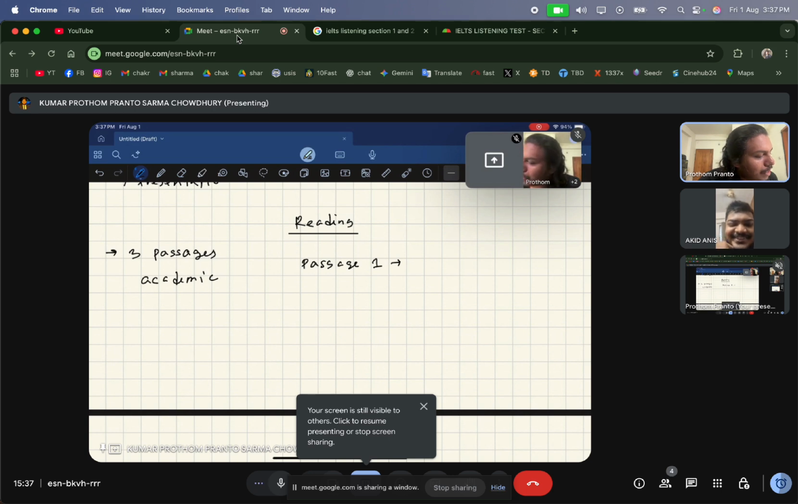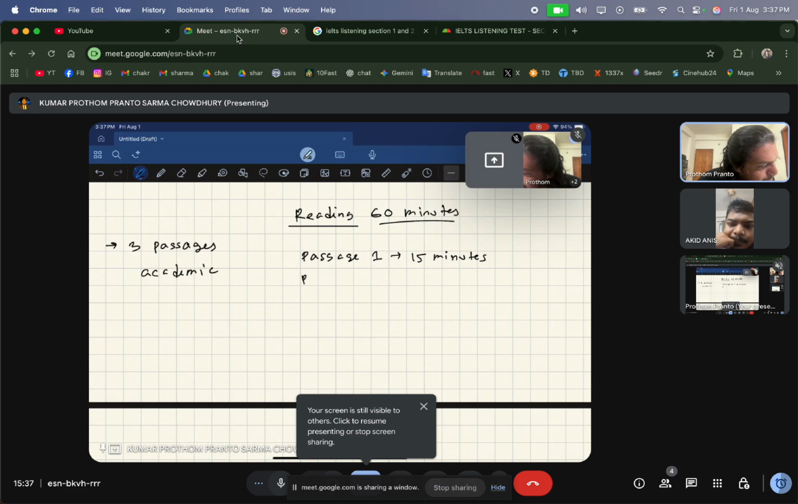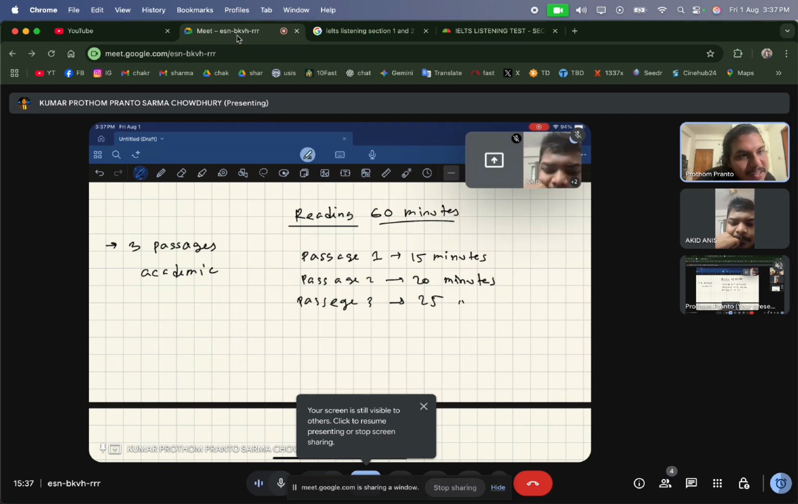Passage one, generally, you are supposed to take 15 minutes for this. So reading is 60 minutes, and listening is 40 minutes. As I said, passage one is supposed to take 15 minutes. Passage two, 20 minutes, and passage 3, 25 minutes. Obviously, you can take 25 minutes for the first one, 20 minutes for the second one, and 15 minutes for the third one. It's up to you, but it's recommended that you follow this guideline or structure, because